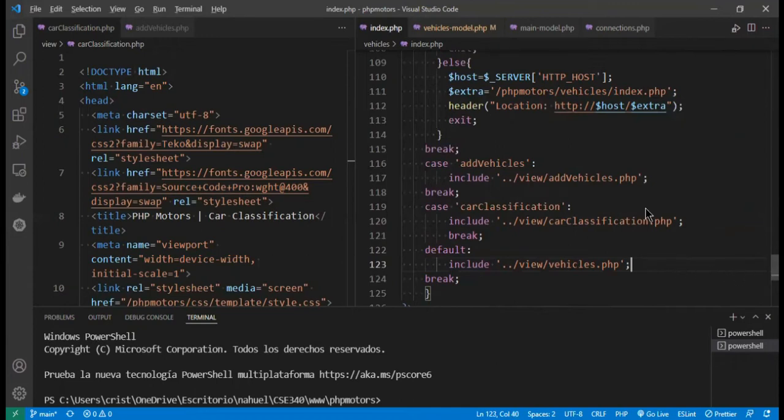For example, I will show that if we don't have anything, we will get the default case. But if we have classification and add vehicles, we will get the add vehicles view and the add car classification view. We can see in the lower left corner the link with the difference. Okay, so